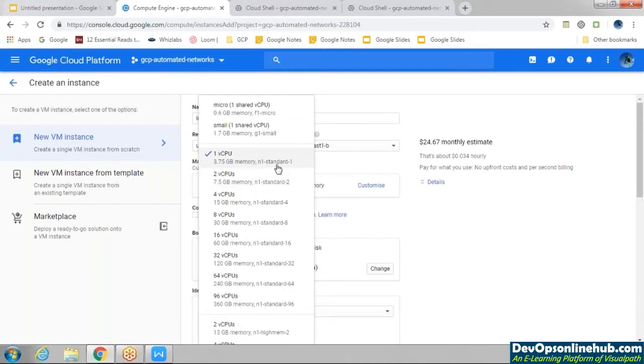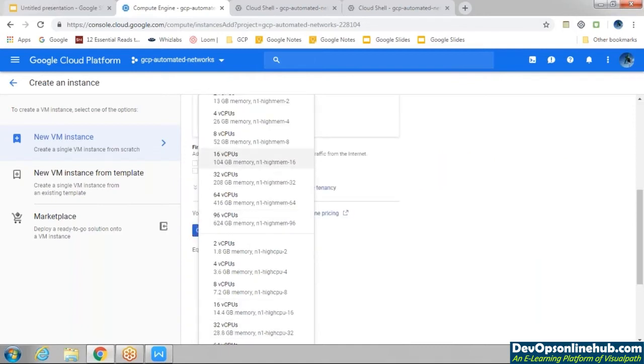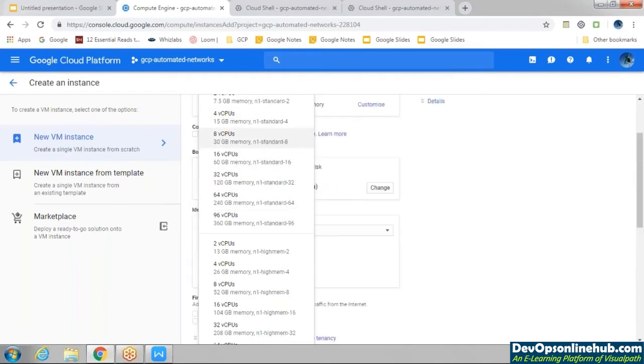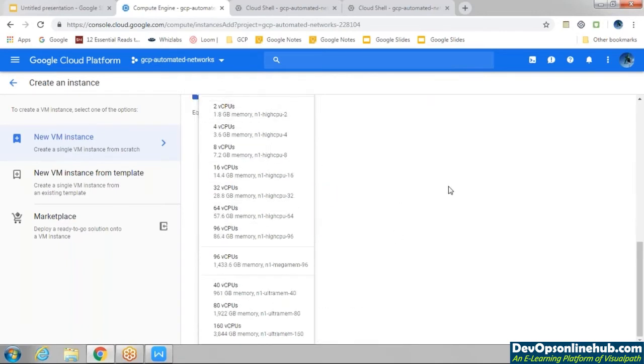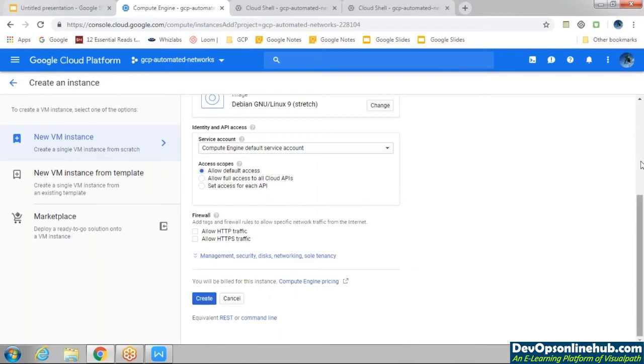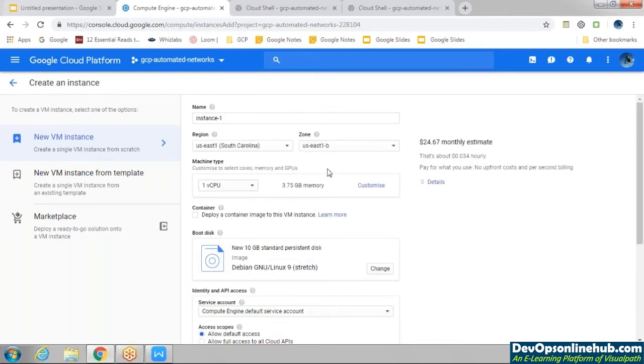You can see we have N1 standard, we have high memory. Now you can see N1 high mem 2, so you have various categories. Just check the right hand side.